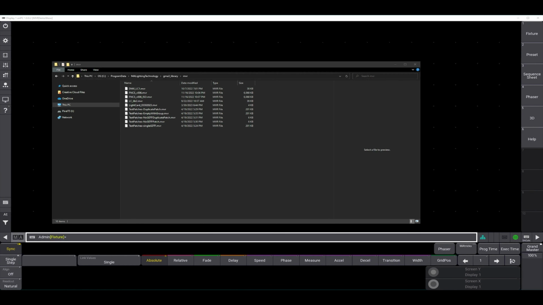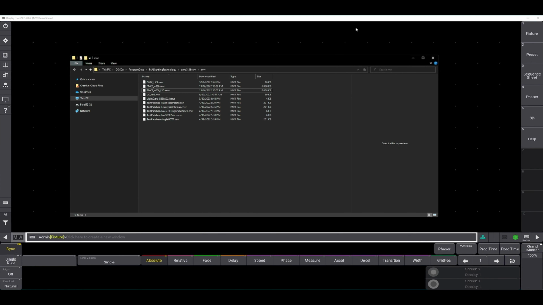Now let's dive into the MA3 console and see how this MVR import works and how this works together in the ecosystem. In order to show this, I've started a blank show in the MA3 on PC, and I've copied that same library that I made separately, the _ISO one, into the MA Lighting Technology, Grand MA3 Library, MVR folder. And it's from in here that we'll be able to access it when we go to patch.